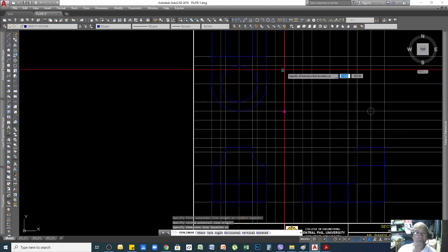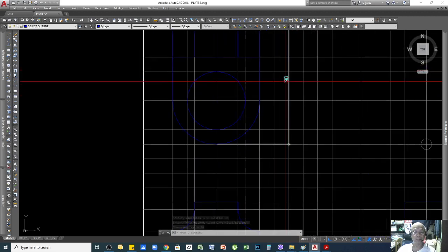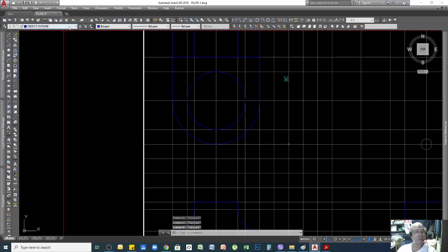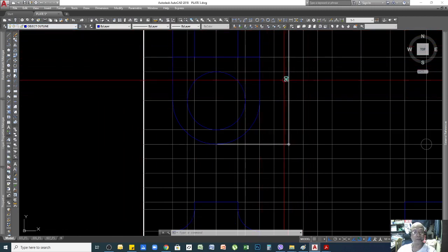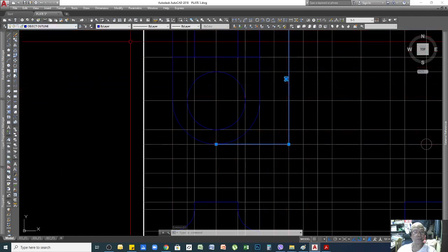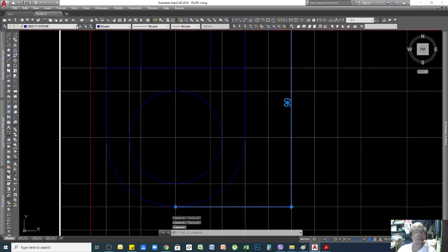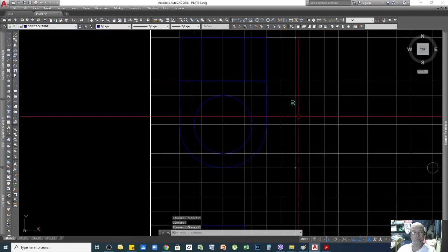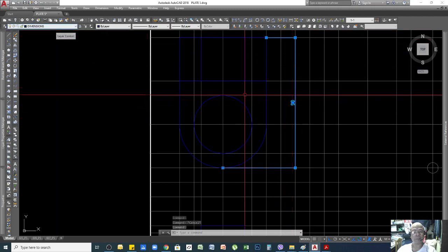So my overall length will be here, and to make sure that your dimension line is under your dimension layer, you click, because whatever is your current layer, everything that you create will be under that layer. So now my dimension is under object outline because it is my current layer. All I need to do is click this one, go to the layer, click dimension, and cancel. Okay, when I click this dimension now, it is already under dimension.